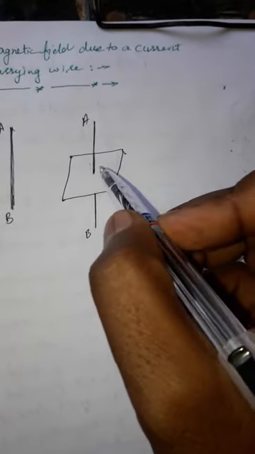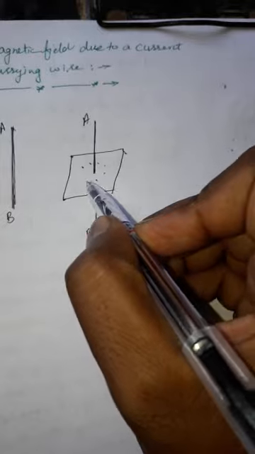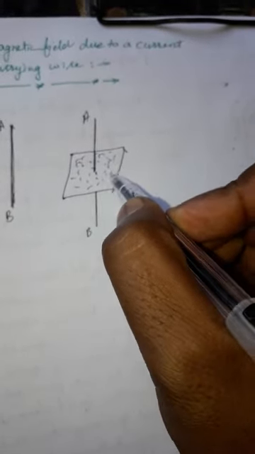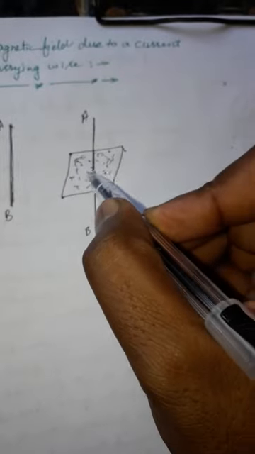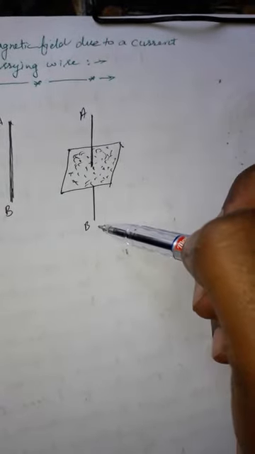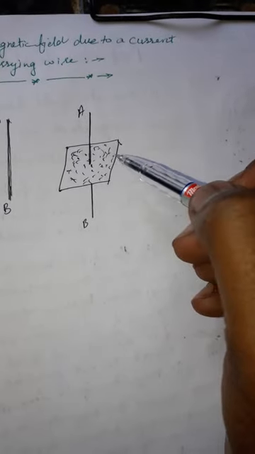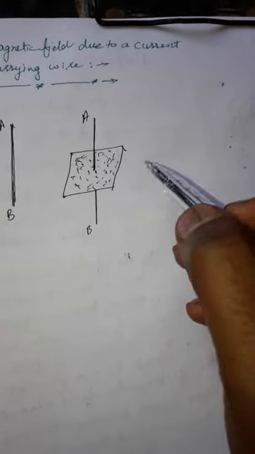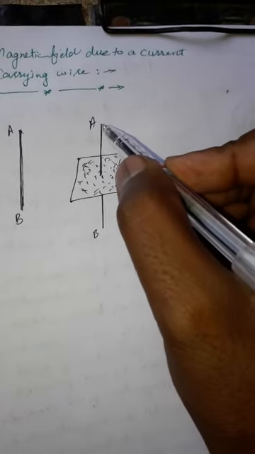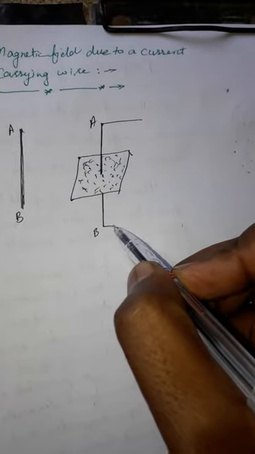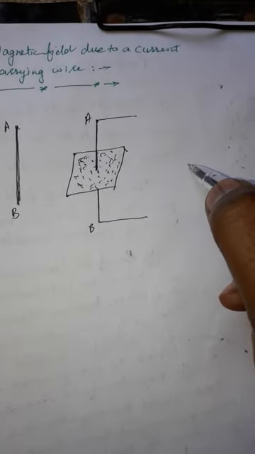Okay, so now place some iron filings, or we can say we can spread some iron filings on the cardboard. Okay, why this? Because when current is passing through this wire, if it produces magnetic field, then iron filings experience some force. Okay, so now we connect the two ends of the wire with a battery like this,